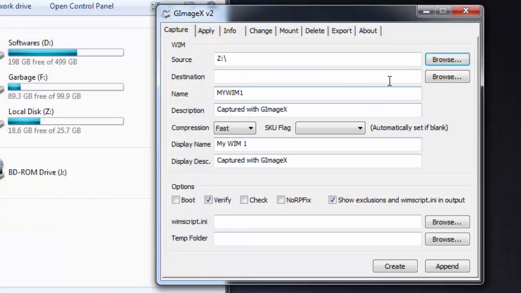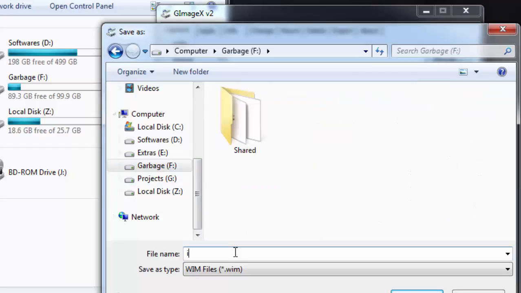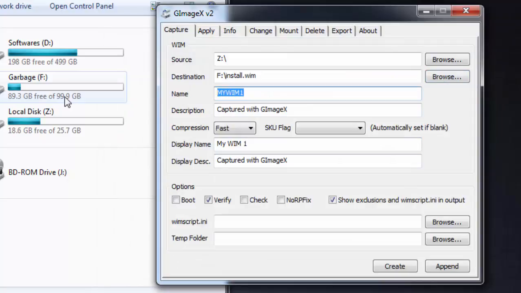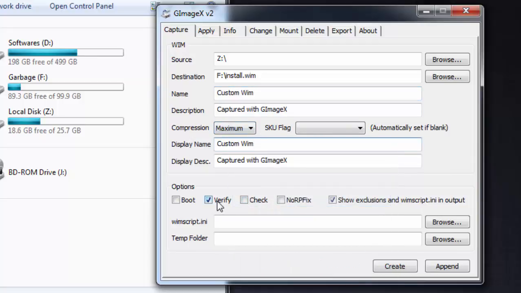Click OK, select where it has to be saved, install, and then you just set them as per your wish and click create.